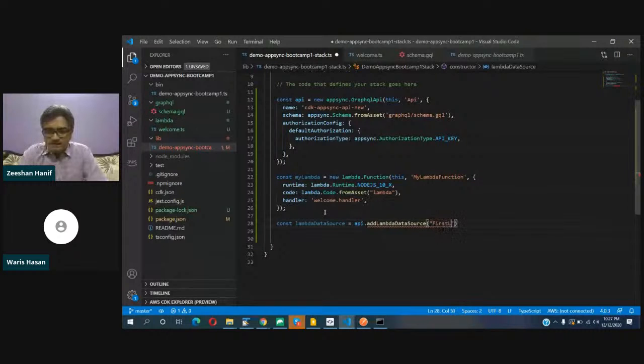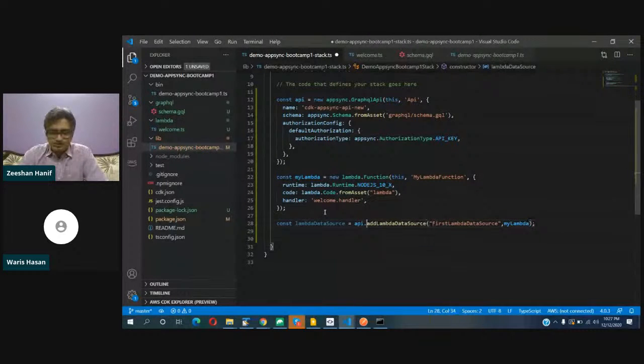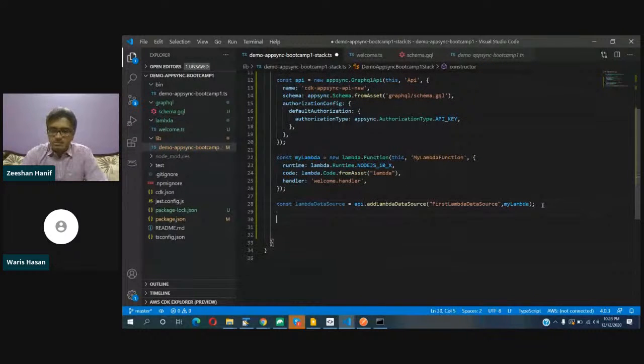First Lambda data source and the function my Lambda. So it will create a data source like this, and now we need to call Lambda data source dot create resolver. Once I write this down, I need to show you how we were doing it previously, because the important